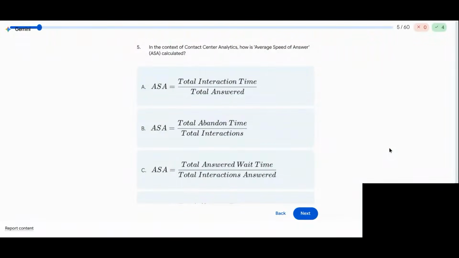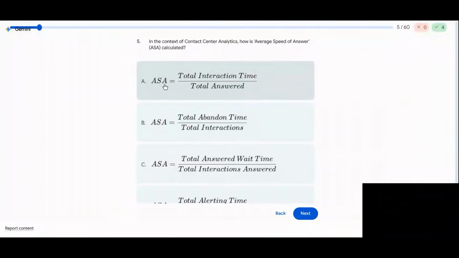In the context of contact center analytics, how is average speed of answer, that is ASA, calculated? ASA equals total interaction time, total answer time. This is not it. This is average speed of answer. They're asking, whenever the call comes, it will alert an agent. So they have to answer the call within a few seconds. Those seconds will be configured as part of the queue. So if they are not answering the call within a stipulated time, the call will be